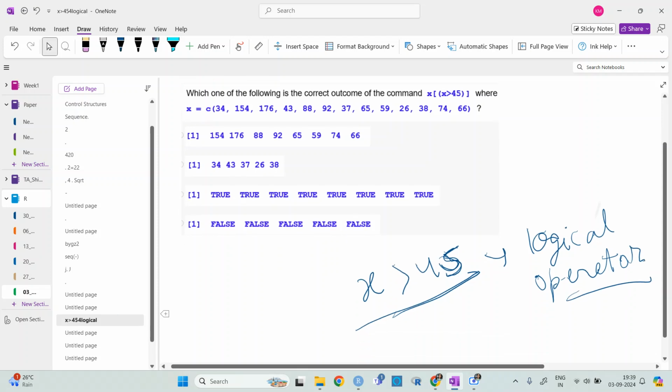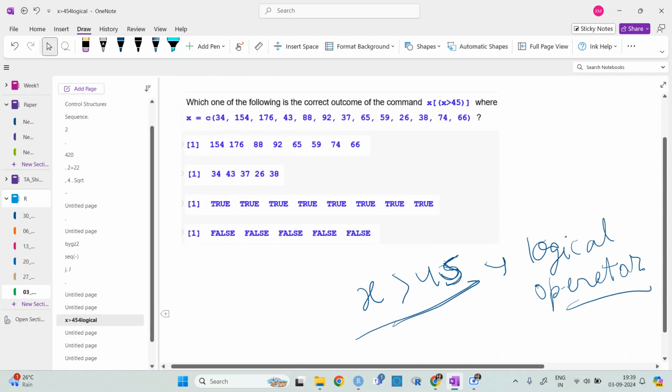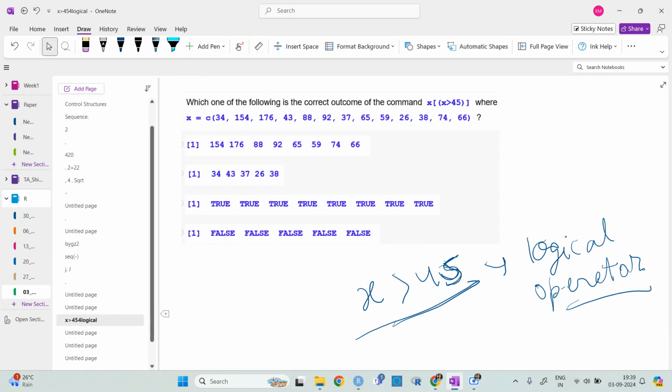It will not just give you true eight times. For the first one it will give false, for the second one true, then false, then true, false, true, etc.